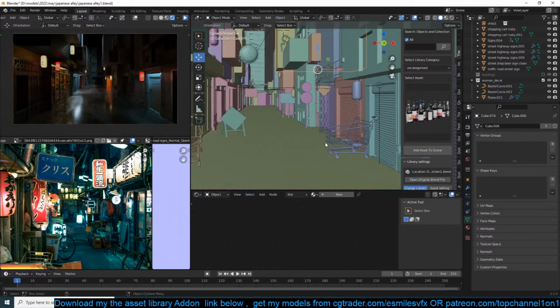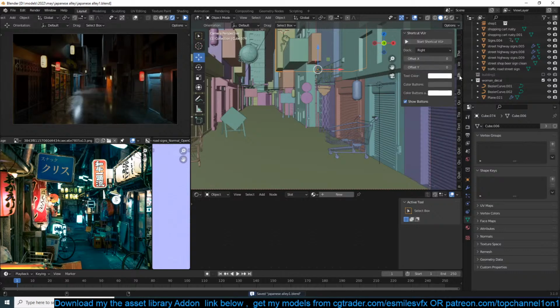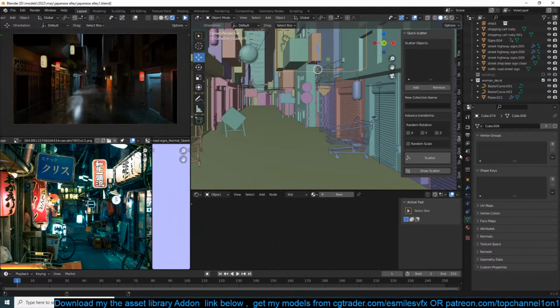Now let me add these. Let me see. Before I even check, let me make sure to optimize the textures, because I know right now there must be a lot of heavy textures in my scene since I've added a lot, and that will slow down the render and also slow down the viewport.